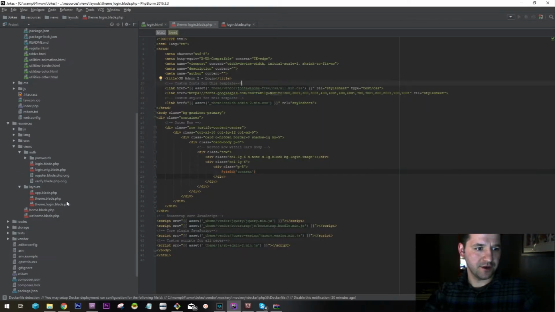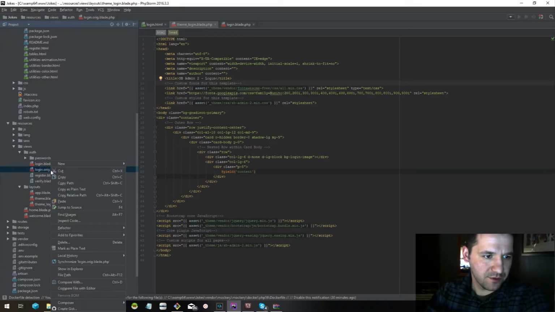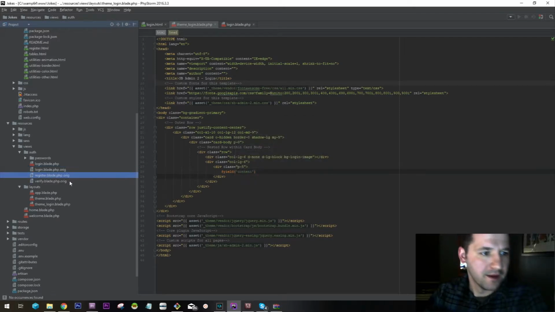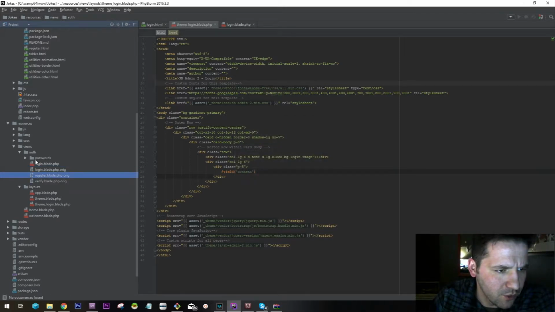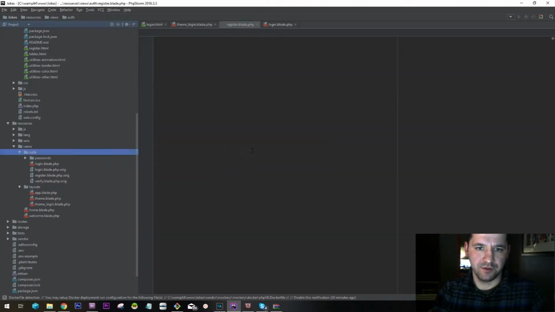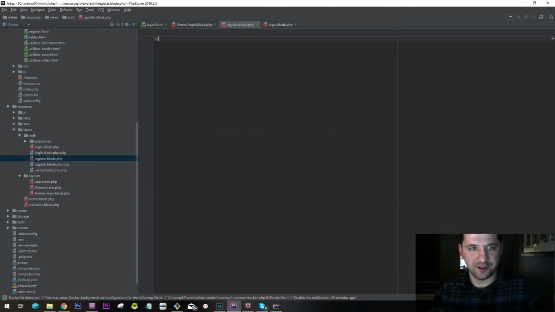So let's go down here to resources again. And this one, I want to put this one back the way I had it. It was login. I thought this was a problem, but these are the same thing. So here where it has register, we'll have to create another register. So we'll go to auth, right click, new file, register.blade.php, and then this one is going to add extends